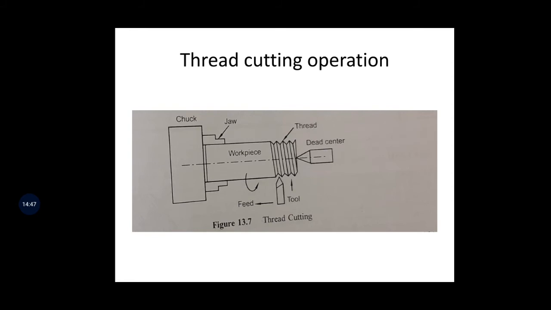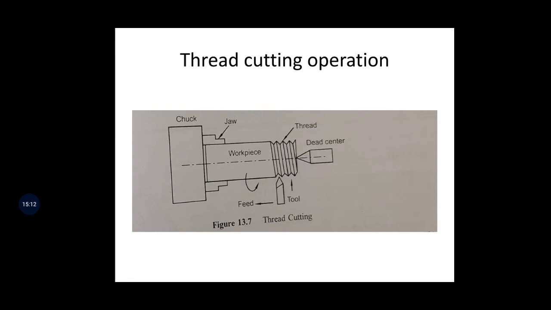In this operation, you use a suitable tool which gives the required thread. For example, if you want a V thread or a square thread, you have to use that particular tool. The carriage is connected to the lead screw with the help of a split nut. The rotation of the lead screw gives the required motion of the carriage relative to the rotation of the